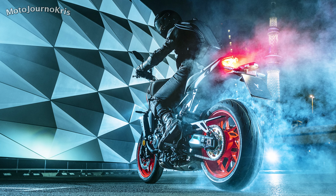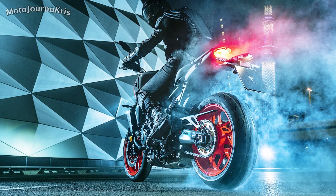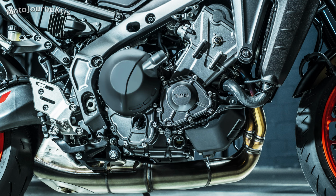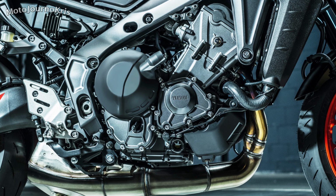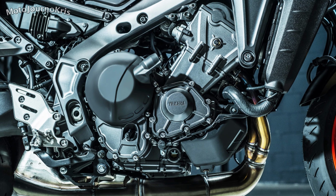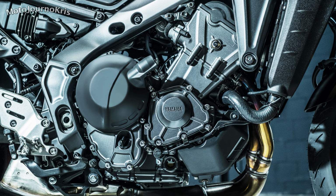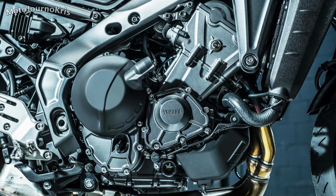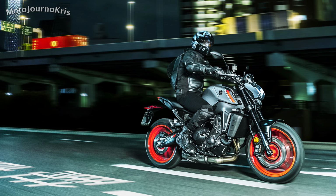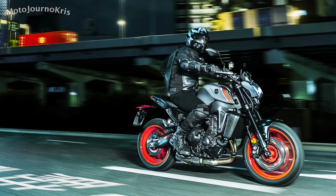So let's take a deeper dive into the changes, starting with the triple cylinder power plant. Now Euro 5 compliant, the engine has been bored out by 3mm to a capacity of 889cc, or an additional 42cc in total. Part of this change is no doubt driven by the Euro 5 compliance, while retaining and even increasing power, as is the case here, up to 119 horsepower, peaking at 10,000 RPM, while torque is up to 93 Nm, up almost 6 and peaking much lower in the rev range at 7,500 RPM compared to almost 9,000